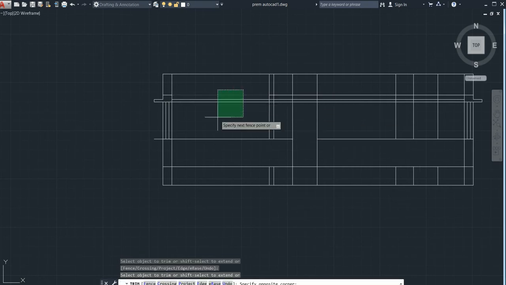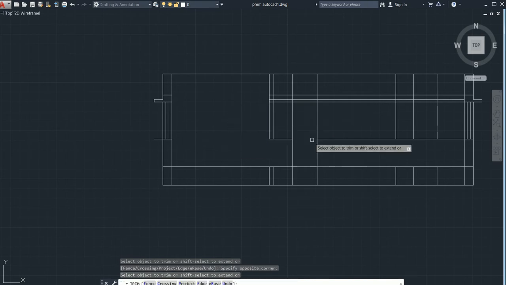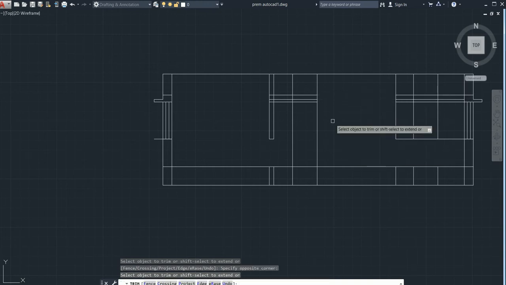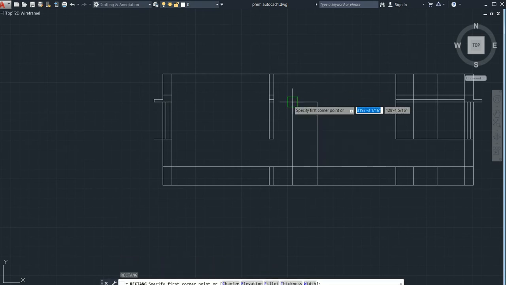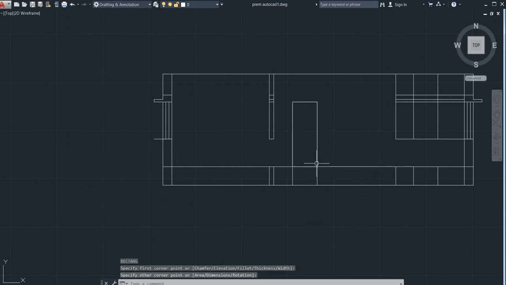So delete all these extra lines which we do not require now. Just trim all these. Right now I require this line, so I am going to take it into account, skip it, go for the rectangle command, just drag it up to here, go for the offset command of 3 inches.